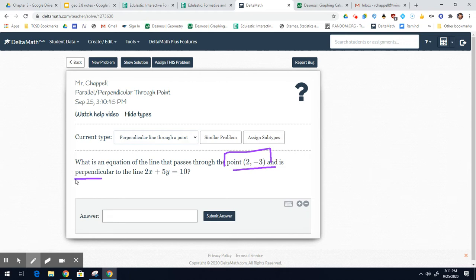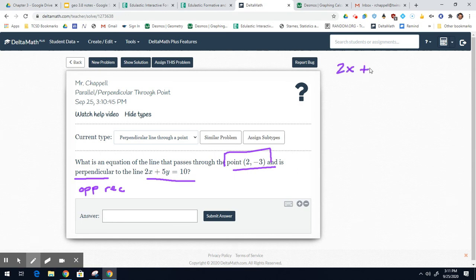And now to get the slope, I'm going to be perpendicular to this line. We need to remember that perpendicular means opposite reciprocal slopes. So I am going to find the slope of this line by putting it in slope-intercept form, and then take the opposite reciprocal of it. That'll be the slope I use. So I'll write